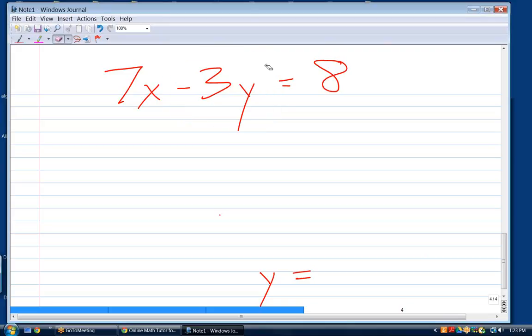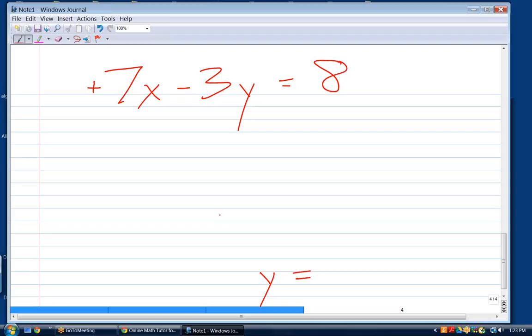Would it be plus 7? Or no, would it be minus 7 or times or divided by 7? What's the 7x doing right now? Is it being added, subtracted, multiplied, or divided? Multiplied. Actually, it's being added. The only reason you didn't see it is because it doesn't have the plus in front of it. If I put the plus in front of it, which is implied, now you can see that it's being added